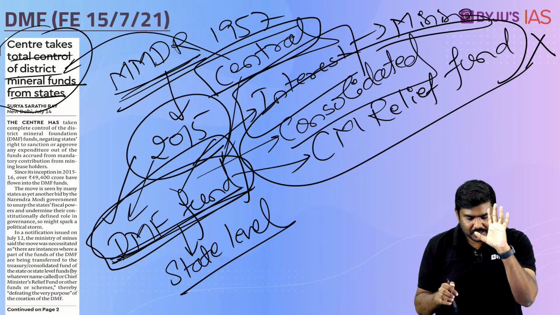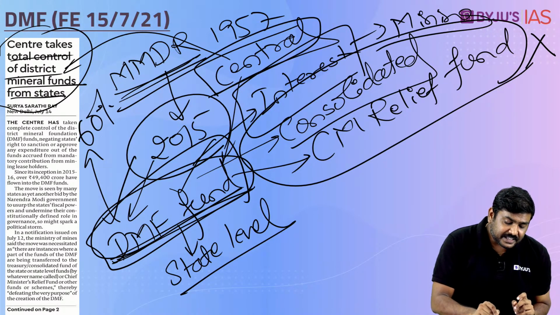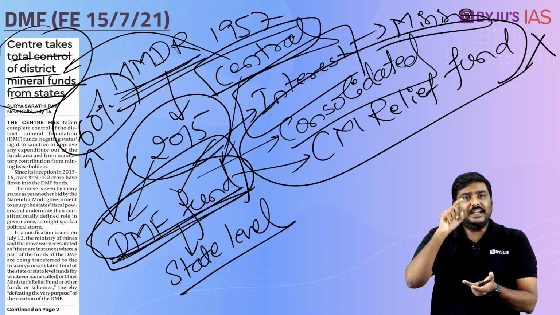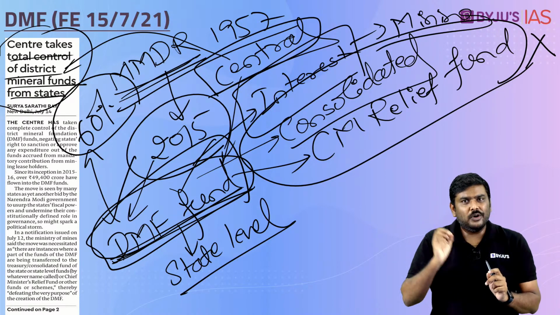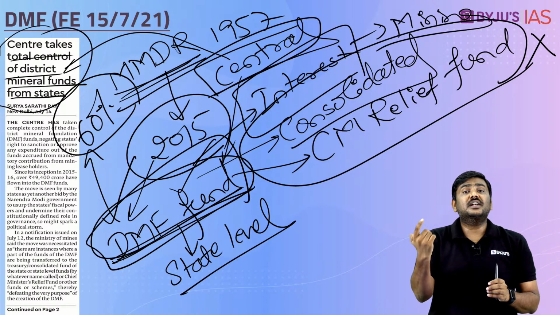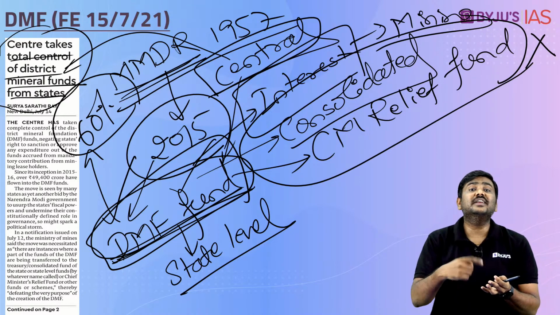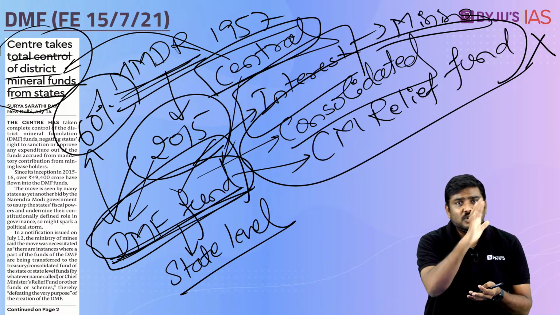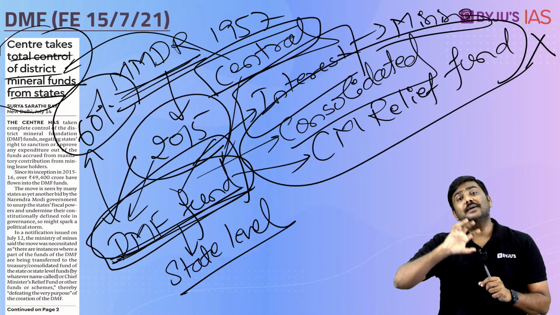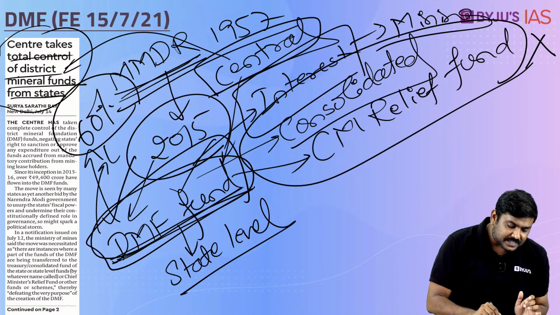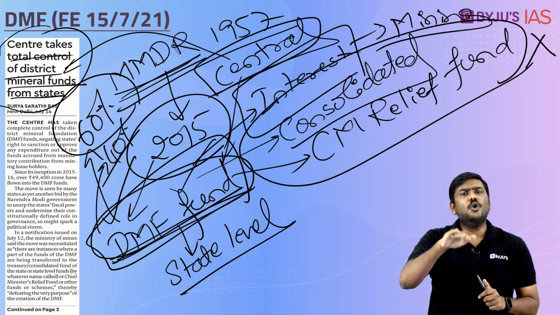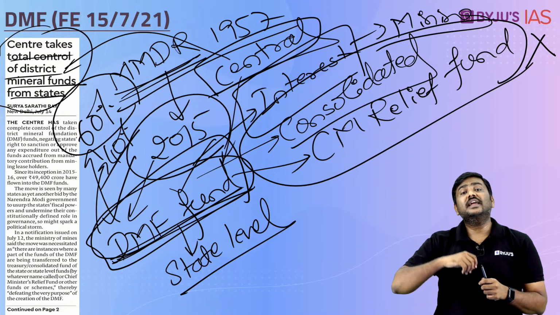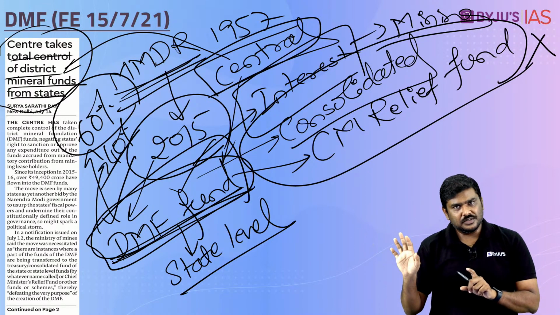Now, how is it going to be done? Have a look at this. 60% of these funds, that is out of this DMF fund, will be taken and used for high priority projects. What do you mean by high priority projects? If there is a project being implemented for providing safe drinking water to this population, or a project to promote education amongst this population, these are called high priority projects. And the remaining 40% of the DMF funds will be used for low priority projects, or those below the high priority projects. That is basically the infrastructure projects, power projects, so on and so forth.